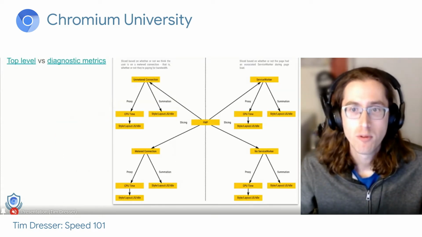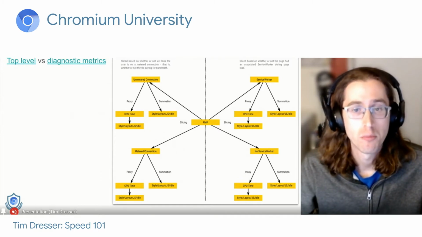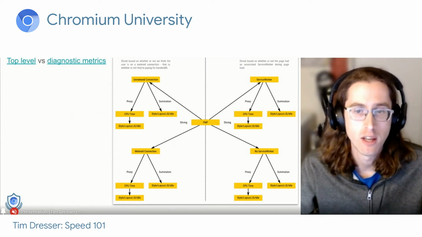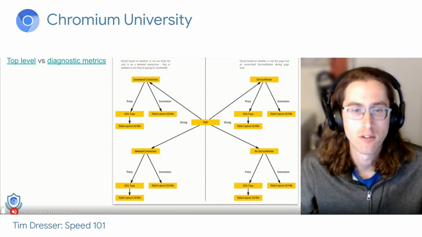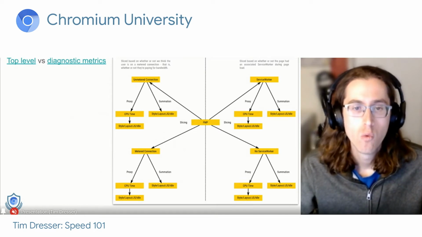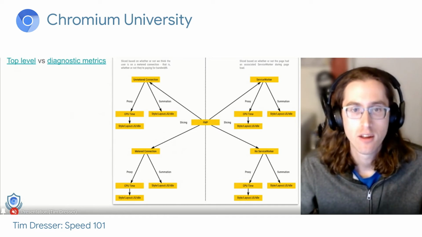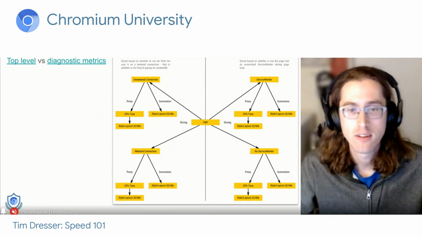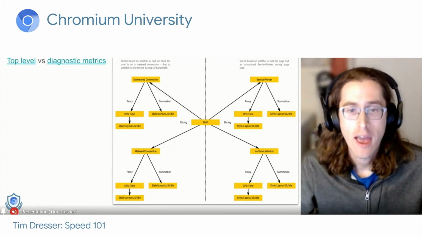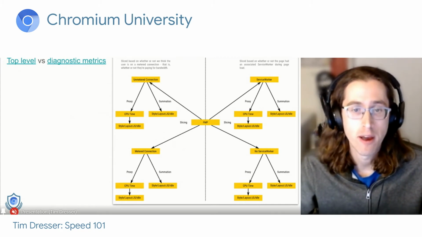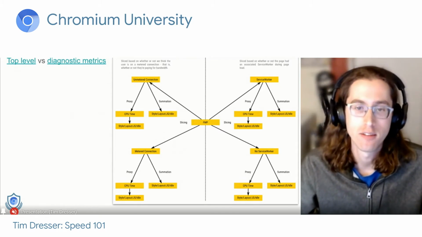Low-level metrics help you understand what a system is doing and can help diagnose a regression or improvement in a top-level metric, but shouldn't be used to claim an improvement in speed and should be taken with a grain of salt when detecting regressions. When you're authoring a low-level metric, try to make sure it breaks down a higher-level metric. This means that when the higher-level metric moves, we can use that low-level metric to diagnose why it moved. And if we have a change that we anticipate impacting a low-level metric, we can easily state which high-level metric is likely to be impacted.